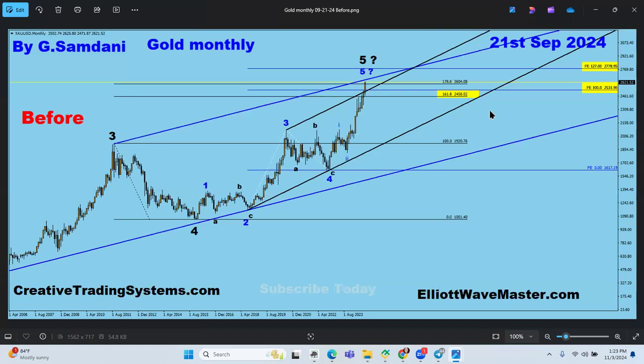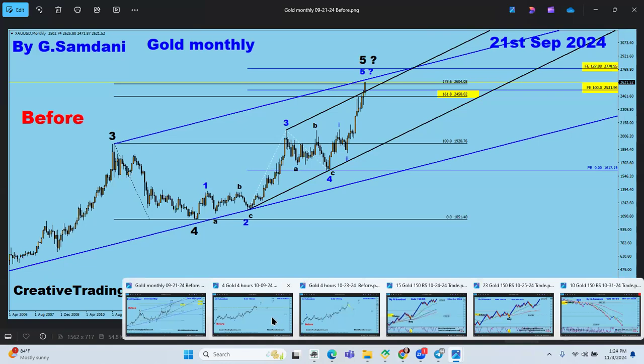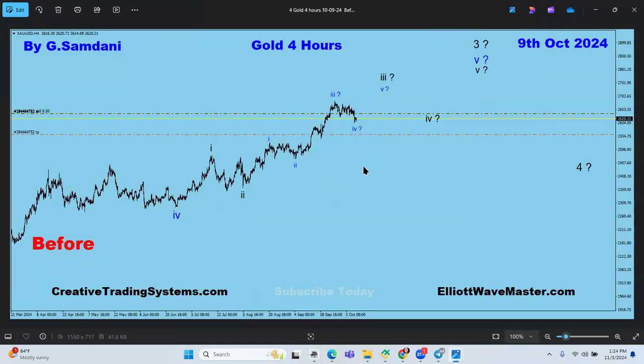Now I'm going to show you some smaller time frame charts that I made, and one of them was a 4-hour chart, and this was this chart here. Now you can see that there is a small time frame. Wave 4 ended here, and then we will make a small wave 5, which will end this wave 3. And out of that, I had this version 1, 2, 1, 2, 3, 4, 5, then Roman count, and then we will drop for this wave 4, and we will go for wave 5 and end wave 3 here. Then we will drop for wave 4, right?